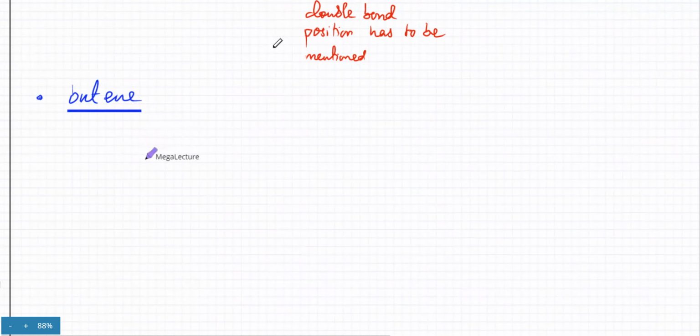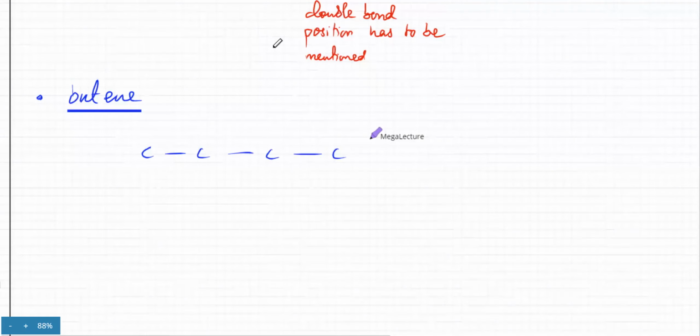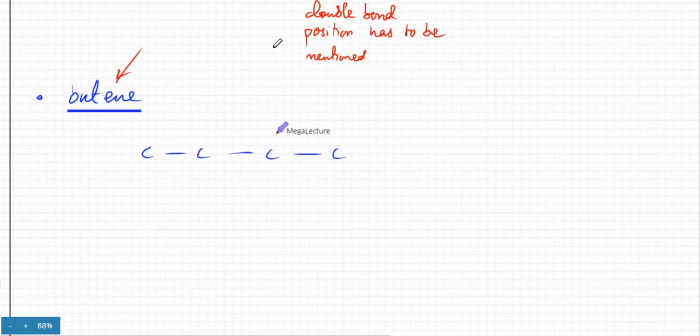So let's draw four carbon atoms. And remember, you're only going to be asked about straight chain. So in a line, four carbon atoms in a line. So butene has four carbon atoms. Now the issue would be where do you put the double bond? Like it's an ene, so the name is kind of missing something because the double bond